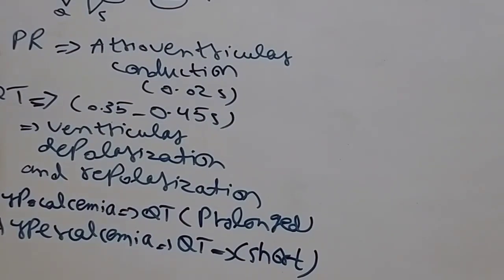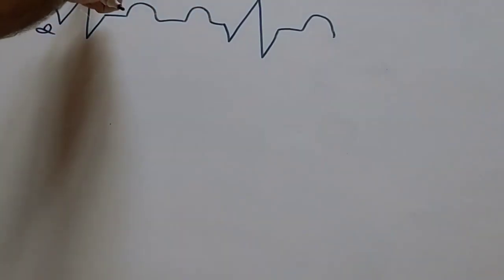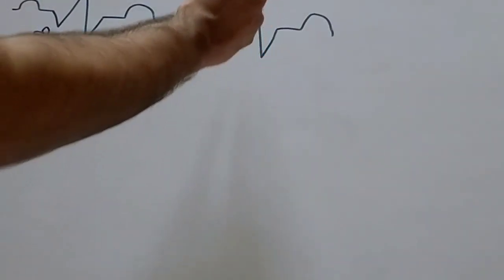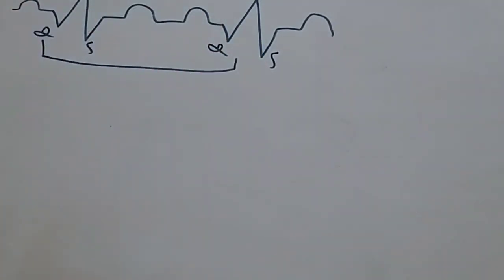Now the last interval we have is the RR interval. The RR interval is present between the QRS complexes of two ECG waves. Like we know, like this is the T wave, then this is the P wave. So you can see the RR interval. RR interval is present between the QRS complexes of two ECG waves. So you can see that from here till here, this is the RR interval,